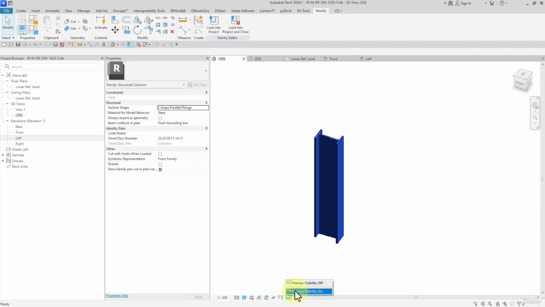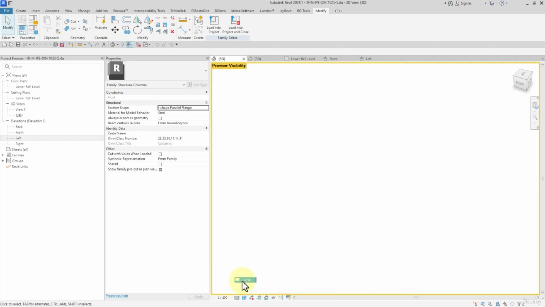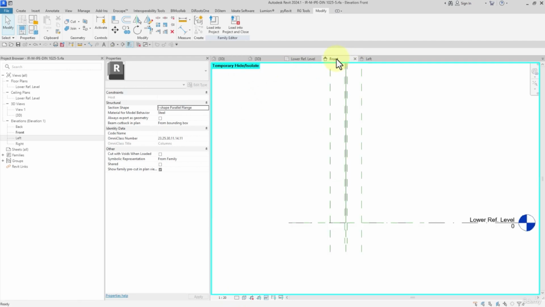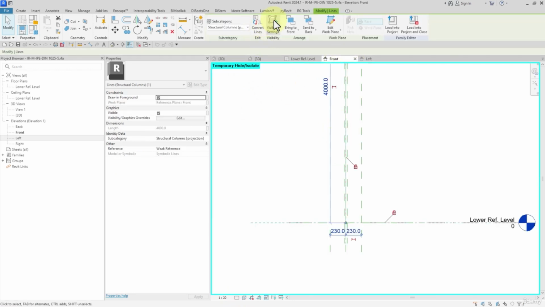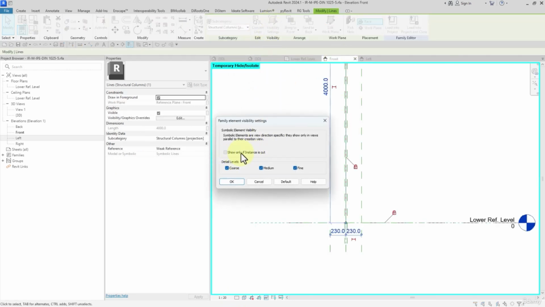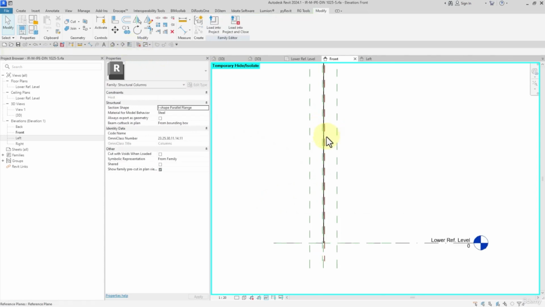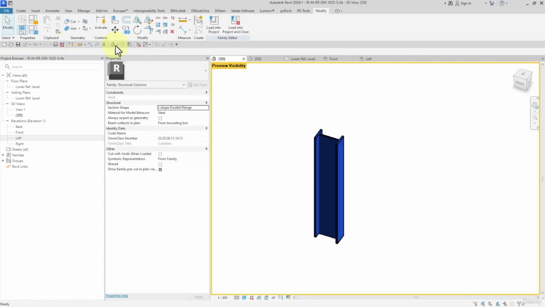I zoom in, turn on the visibility: coarse, medium, and fine. I get back to the fine front view, select. Here, as you can see, it is shown in all of the detail levels. OK, we click on OK. And then let me see, I open the 3D view,